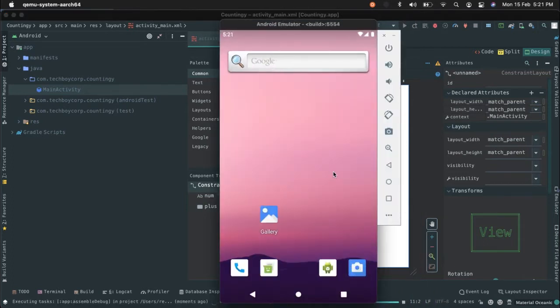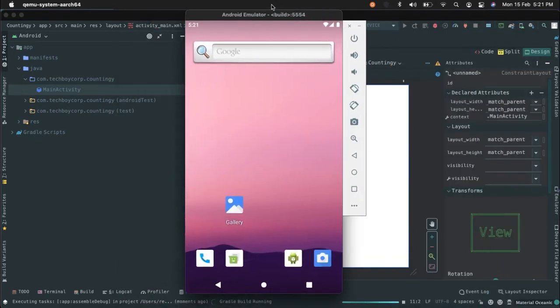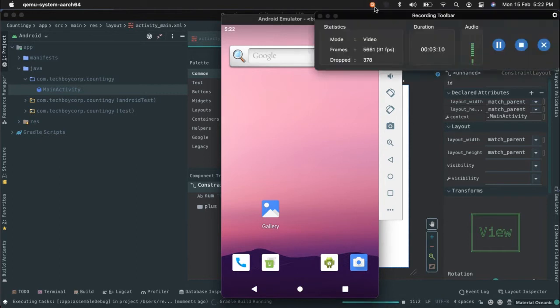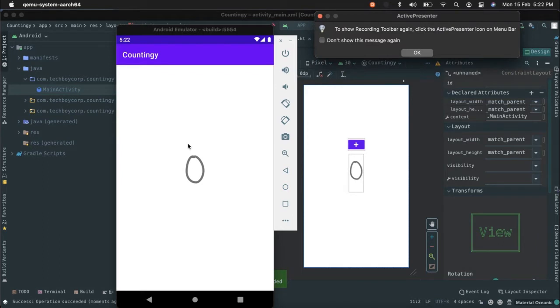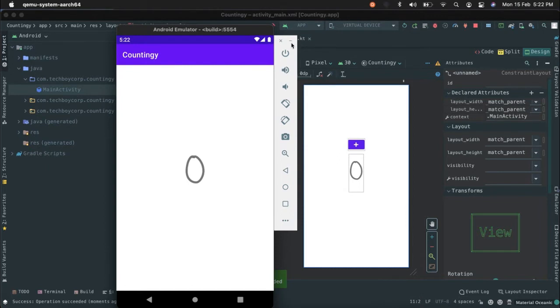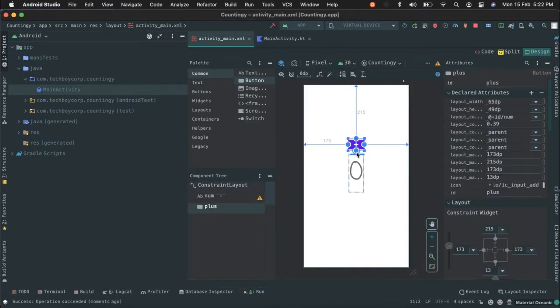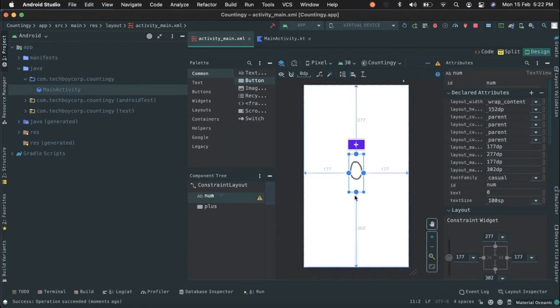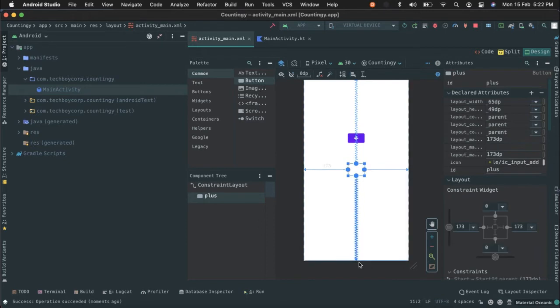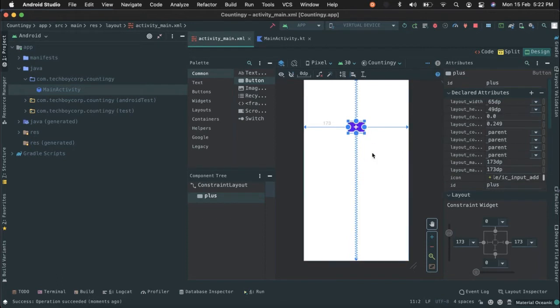What this did is that it detected that we have this emulator on, so we can run it over here. The first run would be a little timey, so let me just pause the video. Okay guys, right now you're able to see we are not able to see our button inside the emulator. So let's see why that is happening. It's because this constraint is a little smaller over here. So I'll change that constraint to the end of our line. Okay, like that, and then I'll make it a little up like that, and now everything is working.